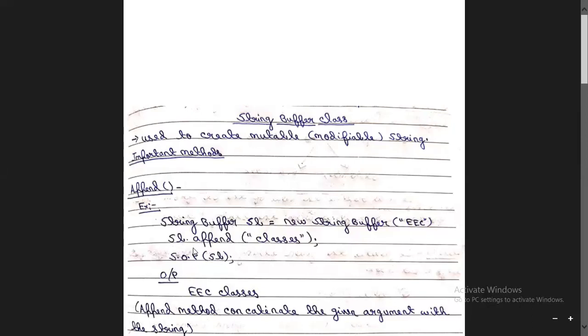Now then SB dot append: in the next statement we can use the string buffer class object dot append method. Through the string buffer class object we can call the append method. So that's why SB dot append, and here we pass another argument, a string, that is classes. After that, we can use system.out.println SB, and our output value will be shown